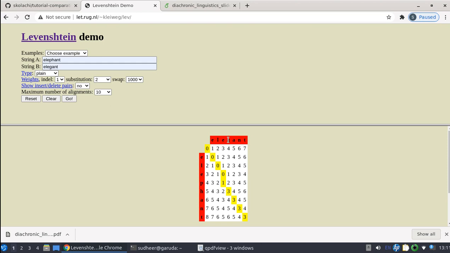So it would be two deletions plus one insertion. So 3 operations, and that's what you have at the end. Or you could also substitute the P with the G, which would be a substitute operation, and then you would delete the H. So here we can see in the options that insertion and deletion have cost 1 and substitution has cost 2. So the final cost would come out to be the same, but there are multiple ways of transforming elephant to elegant. Again, I would encourage you to read more about this,